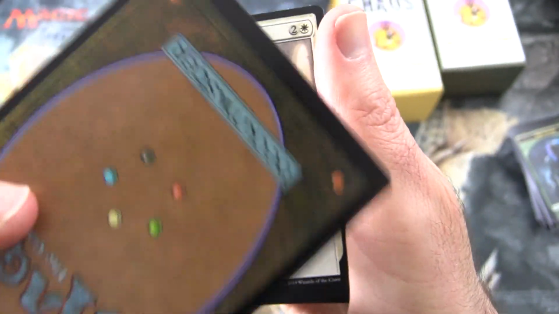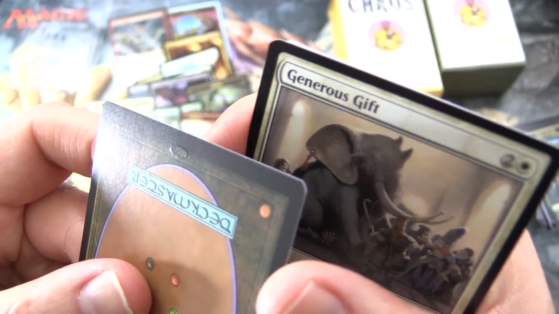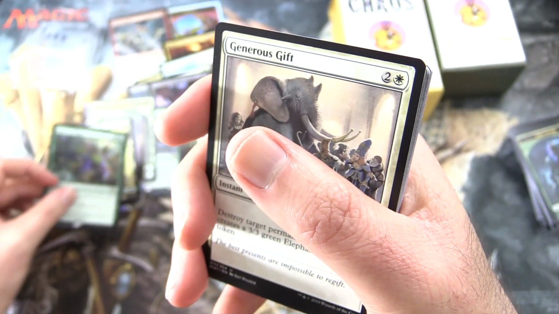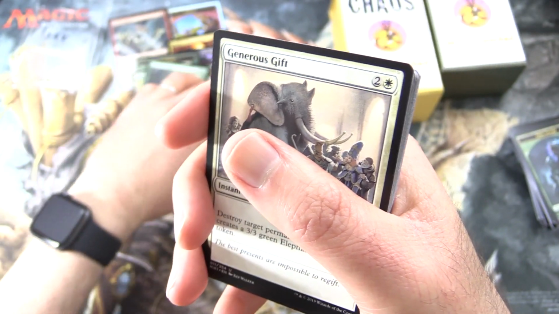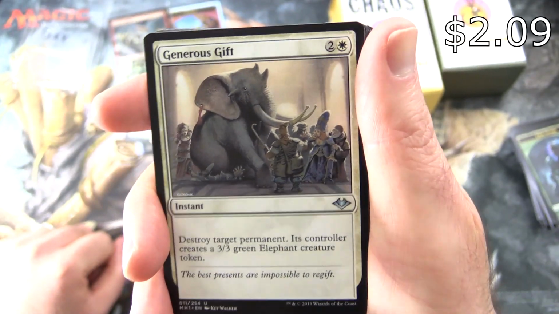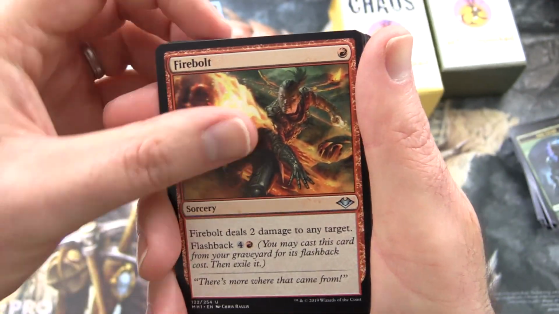And there was a... Let's see if I can... Yeah, I don't know if you can see that. Yeah, there's like an indentation on the back. That is craziness. Alright, so I'm curious if there'll be any in the other packs. And a generous gift, which is actually over $1 still, I think. A Firebolt,